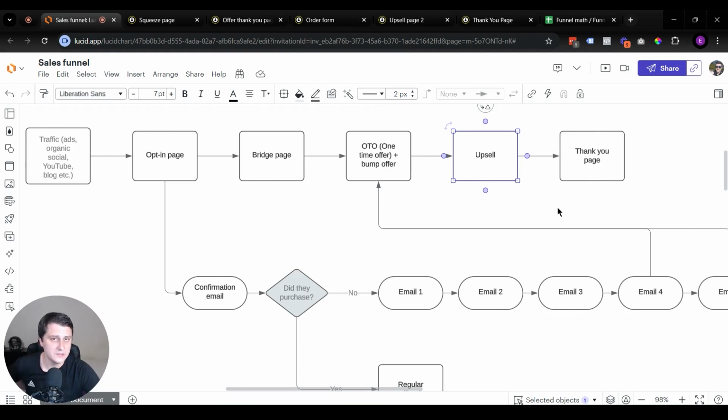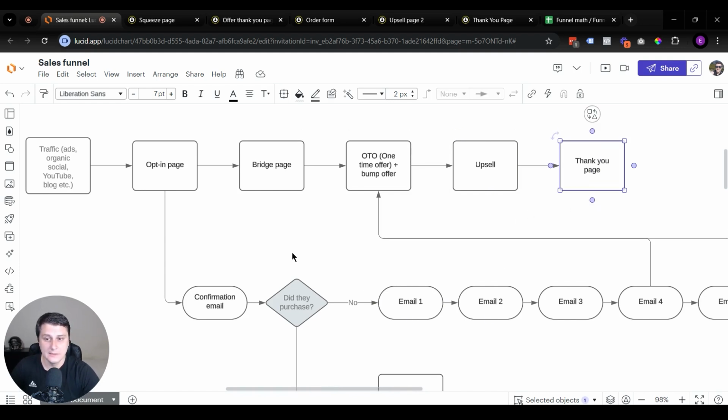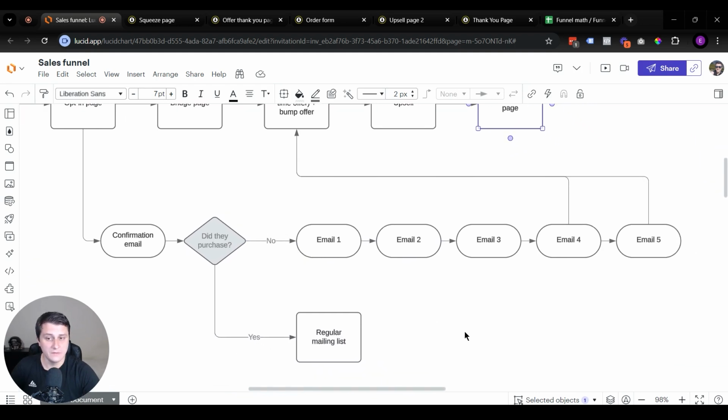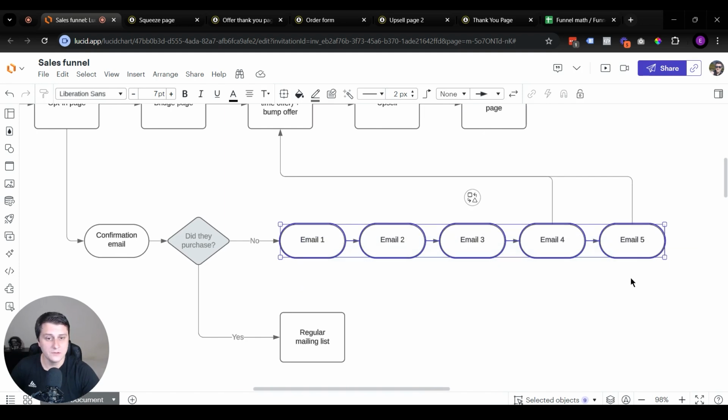You can do multiple upsells, to be honest, but I wouldn't do more than 2 to 3 combined. I've seen people do 6 upsells, but it's really annoying. Technically, you can test it. If people buy, they buy, and it's fine. But I wouldn't go too crazy. I would go with a combination of 2 to 3 upsells and downsells combined, and then you take them to the thank you page. And number 5 is the email follow-up series,